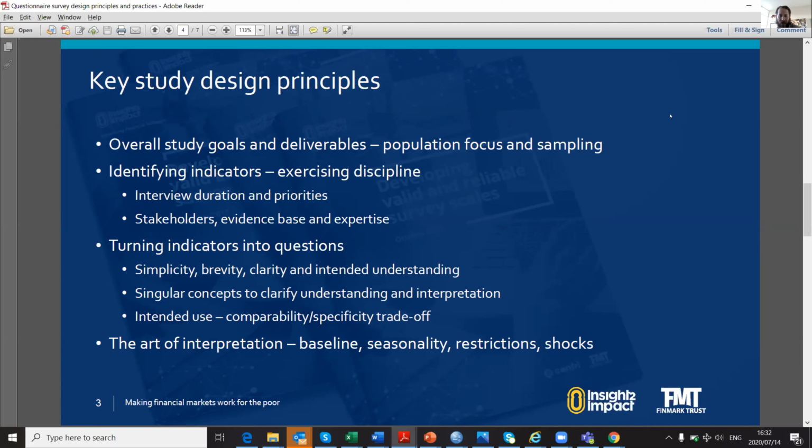As an example. The next thing to think about is, what is your intended use? Is this going to be a survey that doesn't feed into anything else? It can be compartmentalized and seen as standalone work. If that's the case, you have a lot more leeway. But if you're trying to use it to compare to other countries, as an example, or to compare to data that's been collected in the past,